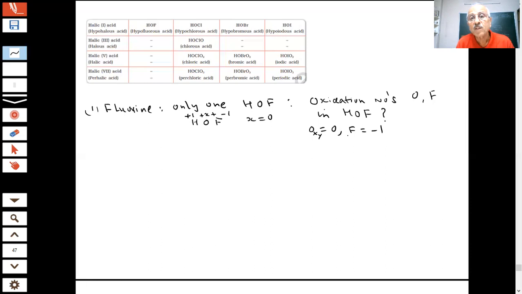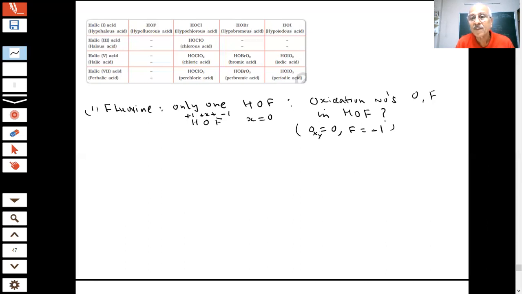Students will keep -2 and +1, then what is the oxidation state of fluorine? If I give -2 and +1, fluorine will be +1. But since fluorine is the most electronegative, it cannot be +1. That is a confusion, students. That's why I have given this question. In some places, they have said that fluorine is +1 oxidation, then they have written that it is not possible. So that is the story.